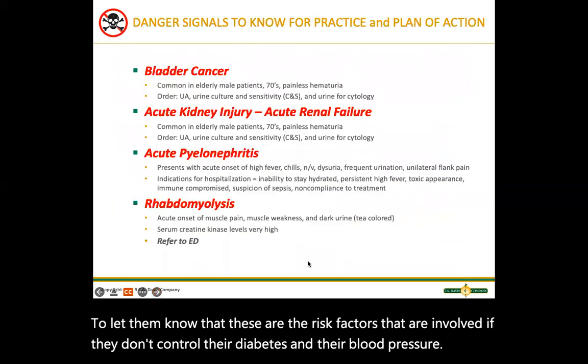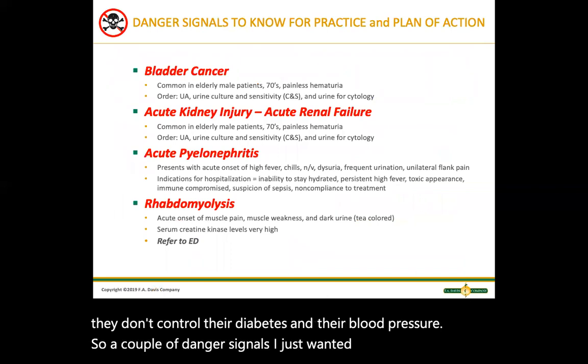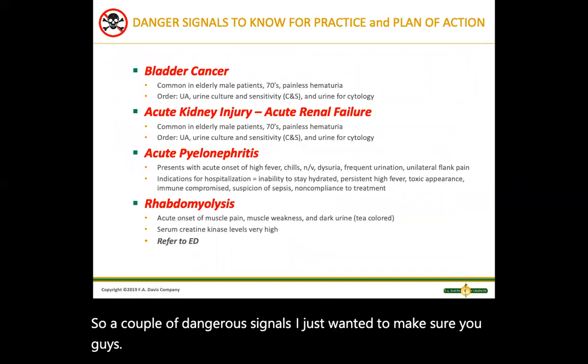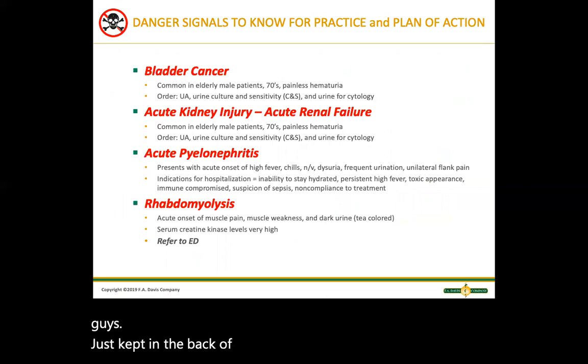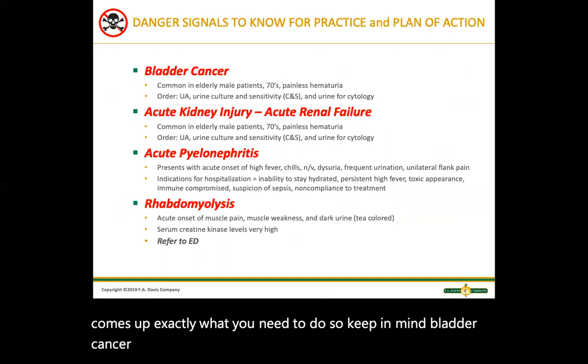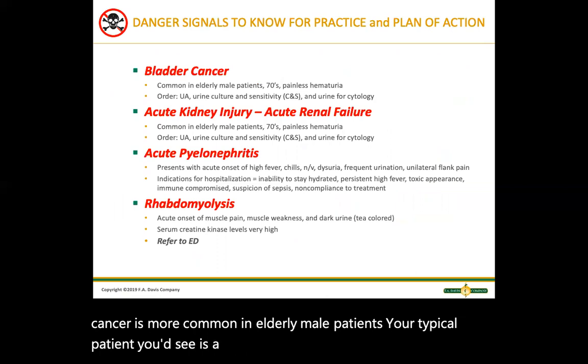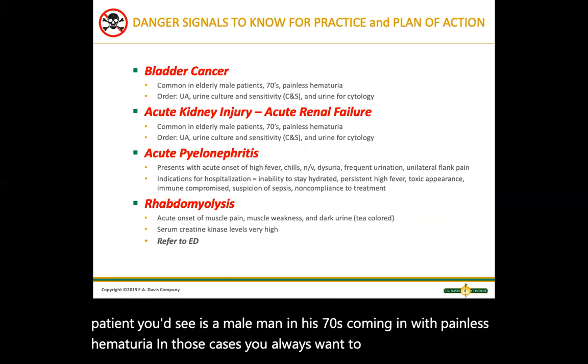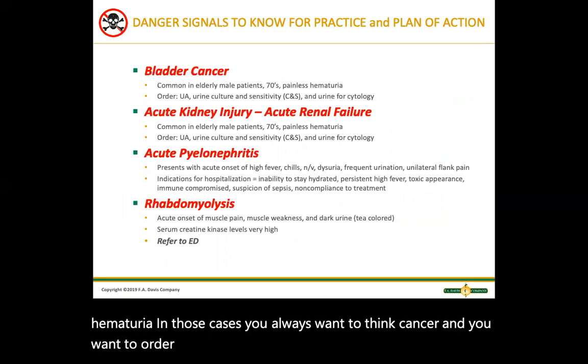So a couple of danger signals I just wanted to make sure you kept in the back of your head at all times, so that if it comes up, you know exactly what you need to do. So keep in mind, bladder cancer is more common in elderly male patients. Your typical patient you'd see is a man in his 70s coming in with painless hematuria. In those cases, you always want to think cancer, and you want to order urinalysis, urine culture and sensitivity, and